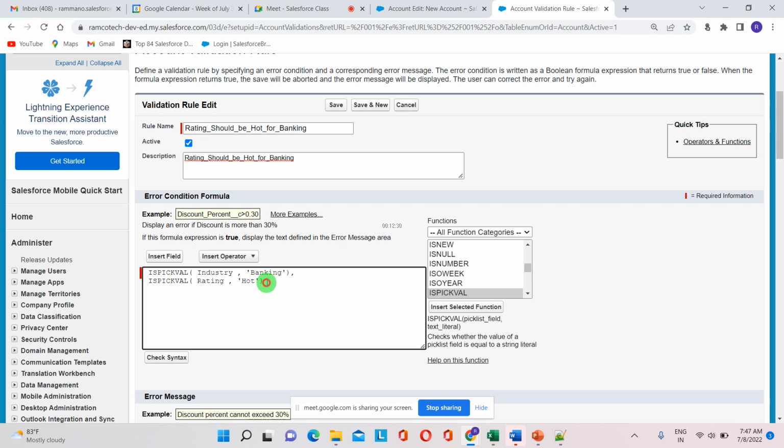So now we have two values, right? And the first one, if it is banking and if it is not Hot,